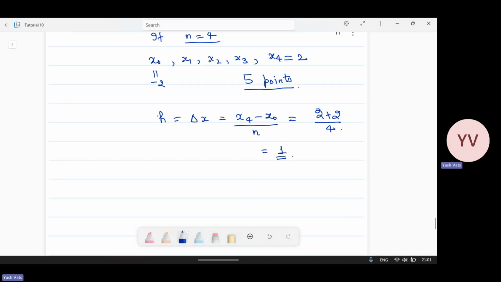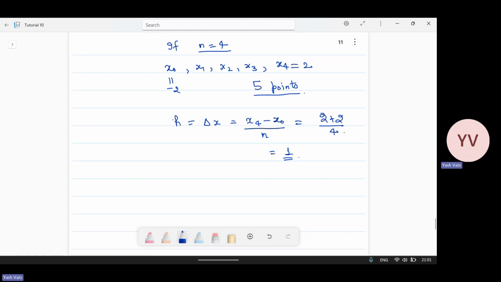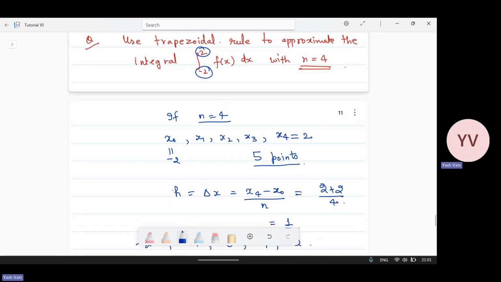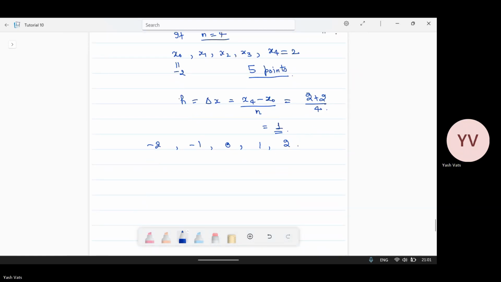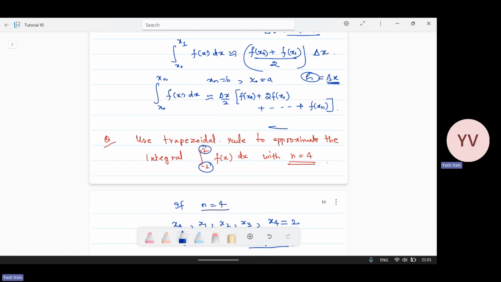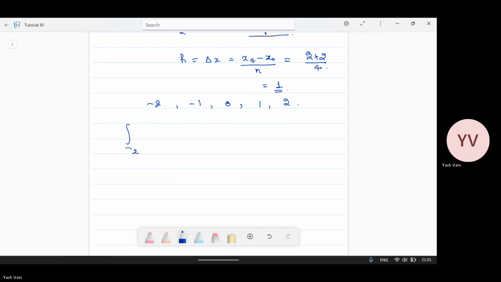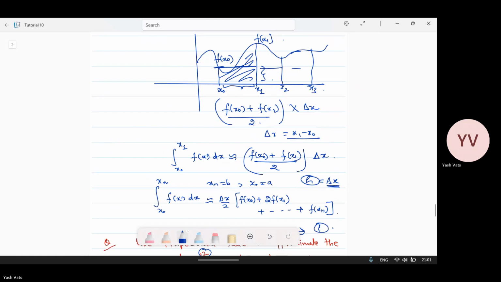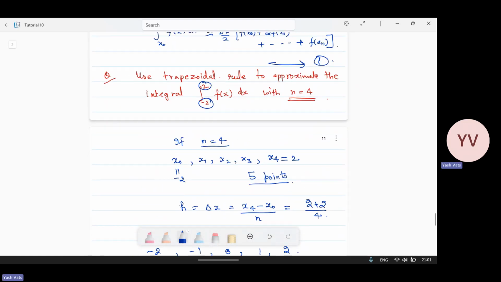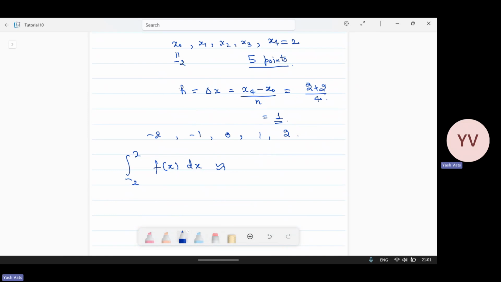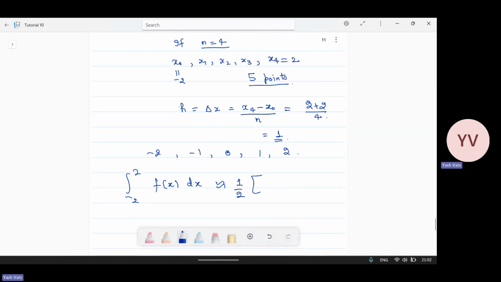Yes, sorry for the delay, I was just trying to read. So h is del x. These points are -2, -1, 0, 1, and 2. So this integral from -2 to 2 of f(x) dx is approximated by del x by 2, where del x is basically your h, so h is 1, by 2, and f(x0) plus 2 f(x1)